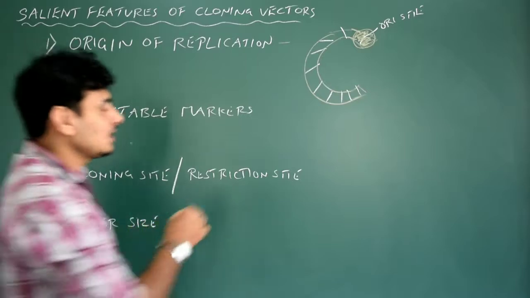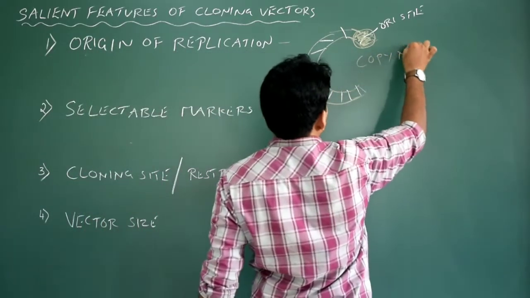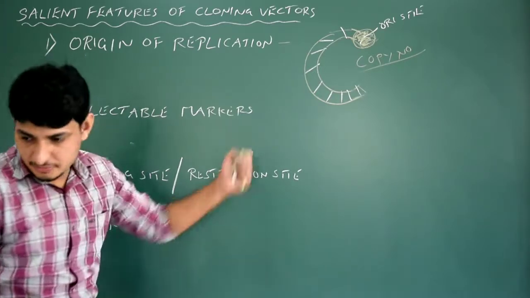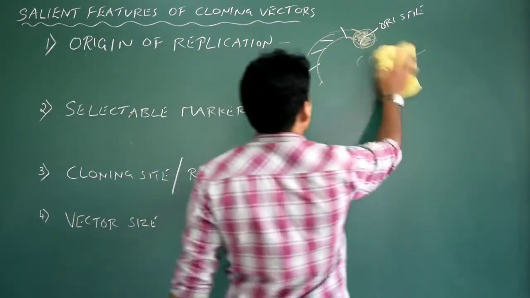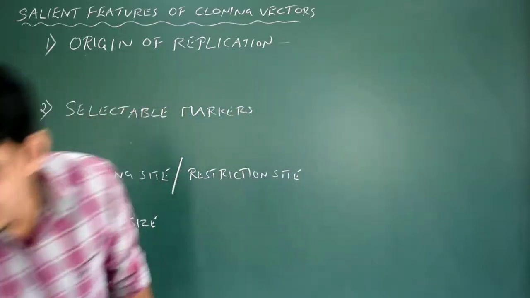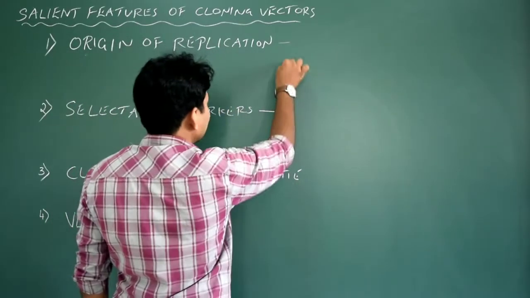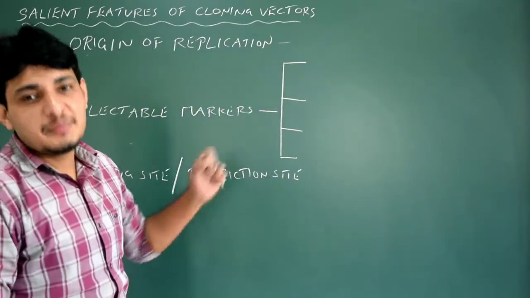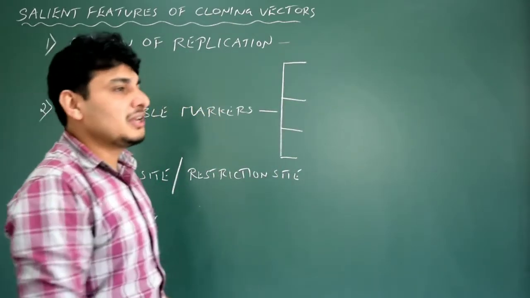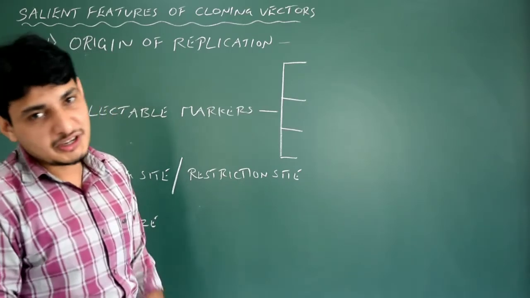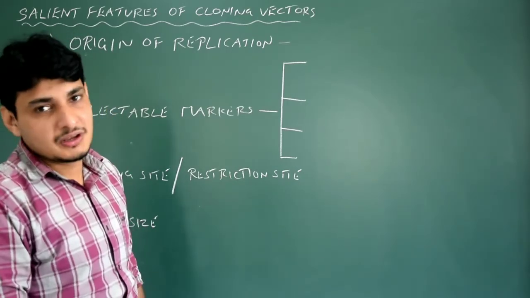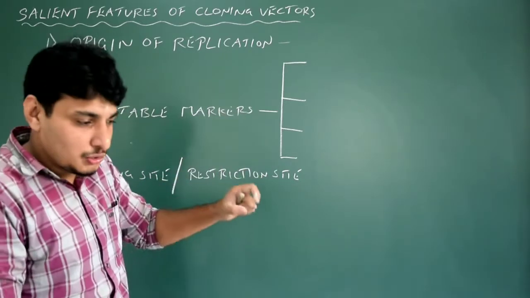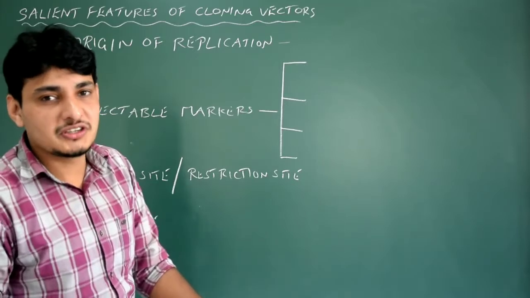So note this point. Why? For copy number. Got it? Next is selectable markers. What is this selectable marker? Very simple and very easy. Let me write the different types of selectable markers used in genetic engineering. These are nothing but antibiotics, chemicals. This particular chemical is very dangerous to the host organism; it may kill the host organism. So we can use this trick to select the recombinants and eliminate non-recombinants. You will understand it now.